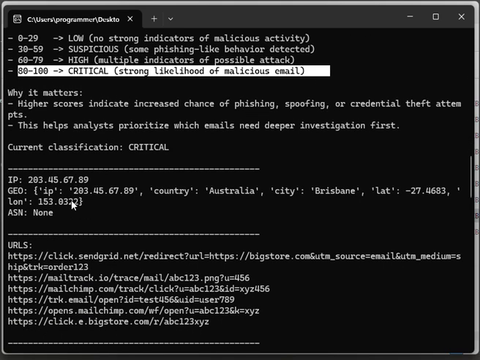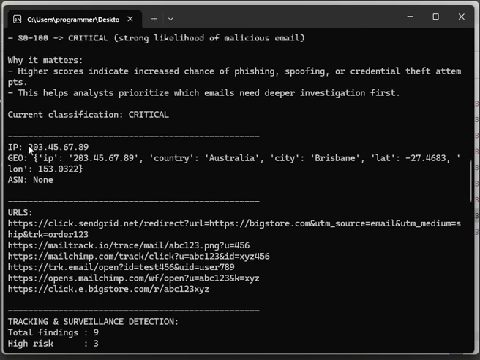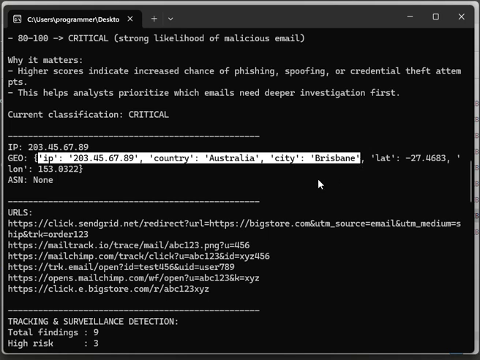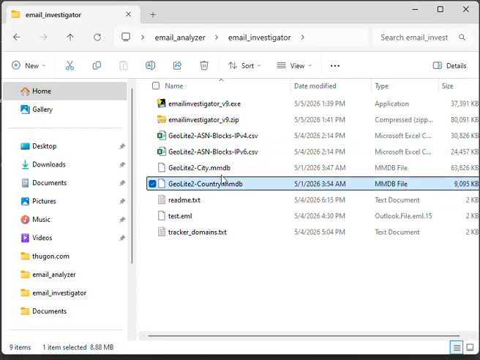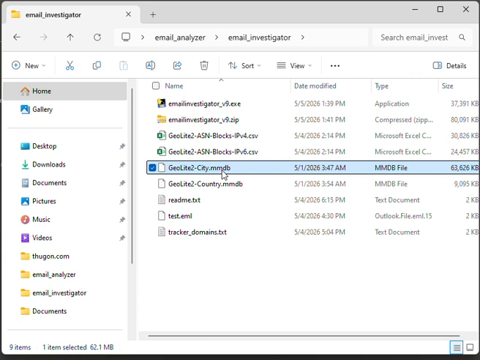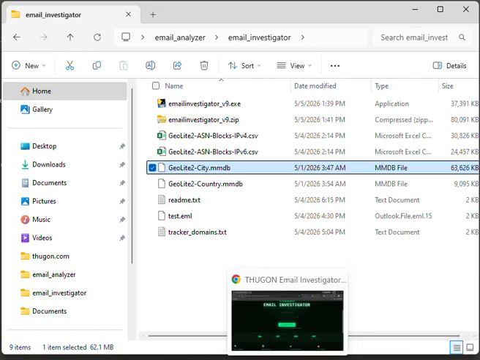Okay. The next thing it tells you is the IP that it's able to pull from. Using the MaxMind database, it tells you what country it's from. For the MaxMind databases, it's recommended that you upload them into the same directory. These are the databases here. Make sure you update them every month or every few months to get the latest current